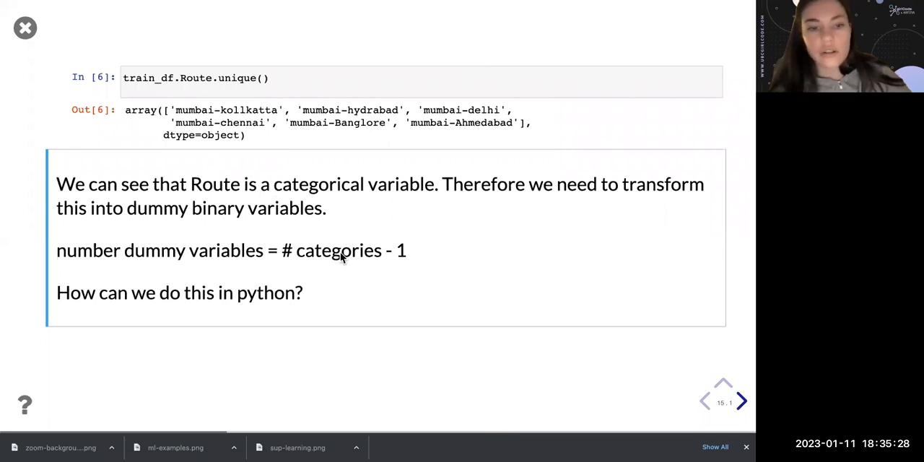Oh, I can just annotate on Zoom actually. Okay. So essentially, let's just say we're going to create 5 new columns. And each of these columns is going to be A, B, C, D, E. Now,